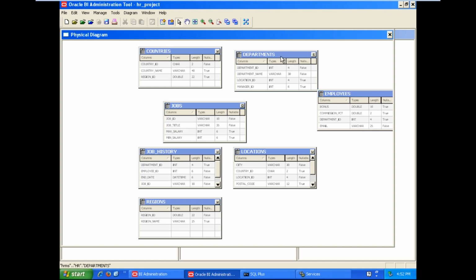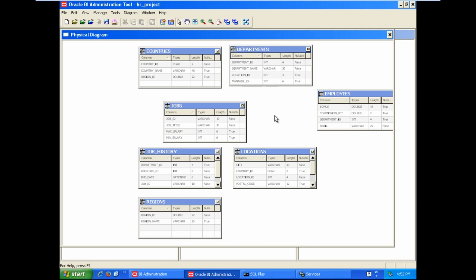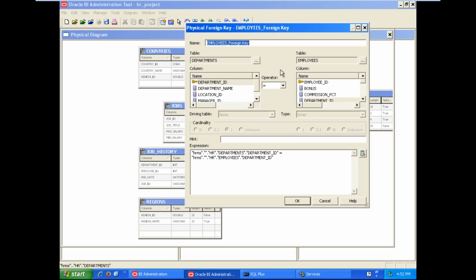Then how to apply the relationship between these two tables? Departments to employees means, see here from this home tab menu bar, there is the new join option. Use this new join. First we place the cursor on the employees table. The employees table is a child table. Place the cursor on the child table. Next, drag the cursor and leave it on the departments table. Then see, the physical foreign key window is displayed. Here we have department ID in the departments table. It is a primary key, and department ID is available in the employees table also. It is automatically identified because the name is the same. If there is some difference in the names of the respective columns, then you can manually select them.